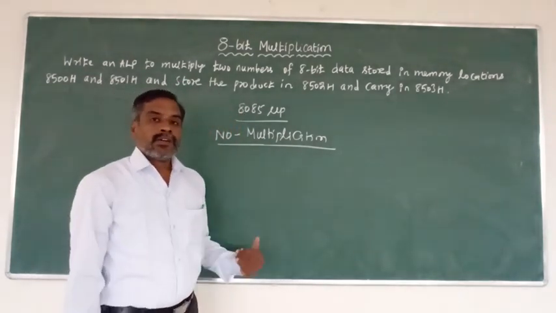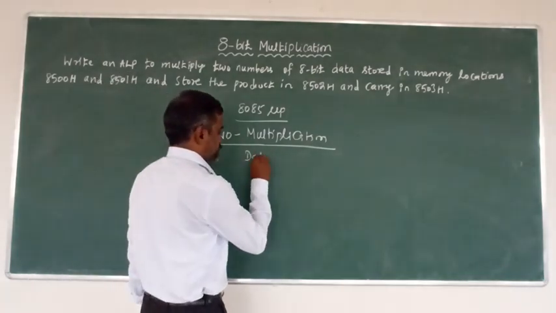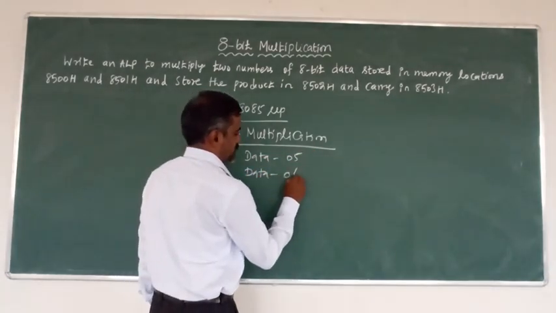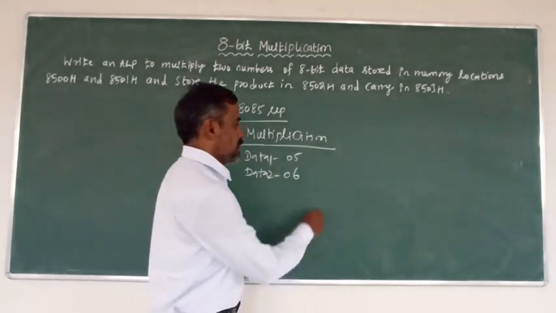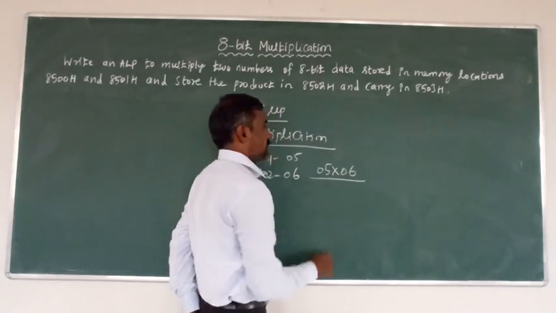multiply the two data? Suppose data 1 is 05 and data 2 is 06. This is for data 1 and this is for data 2. Now to multiply 05 into 06